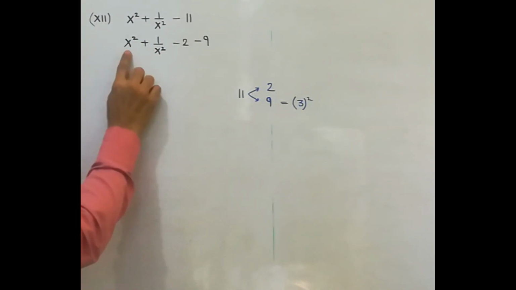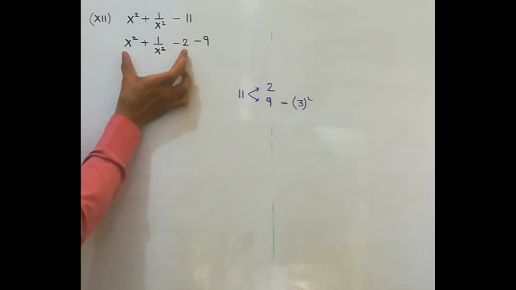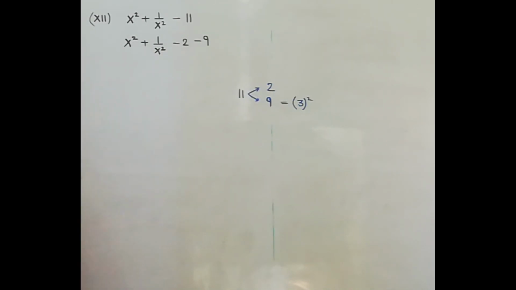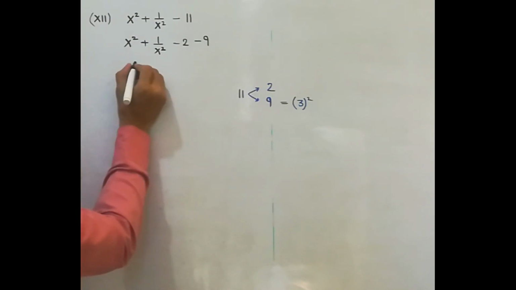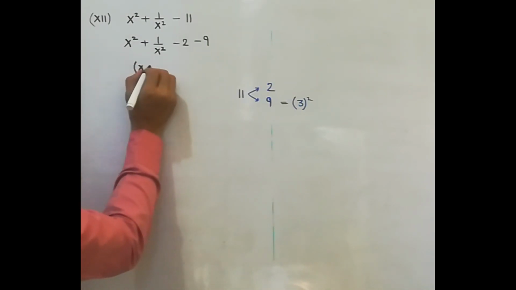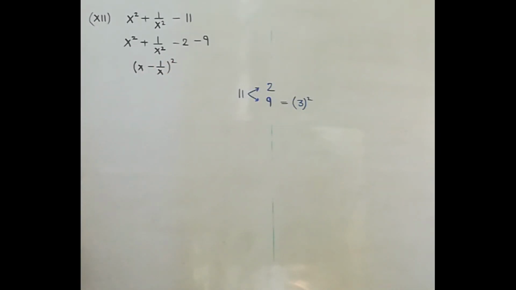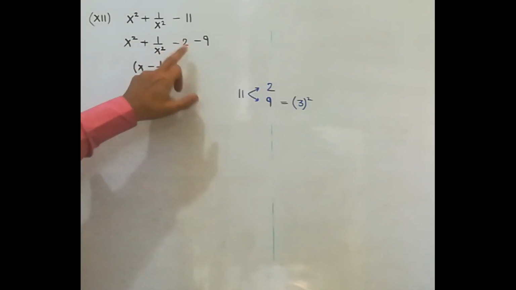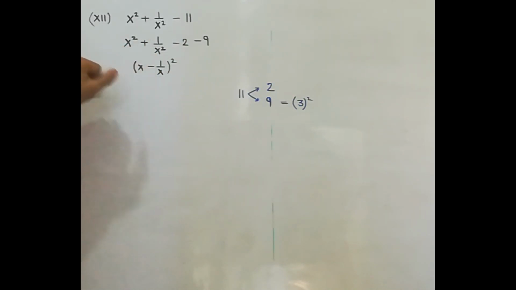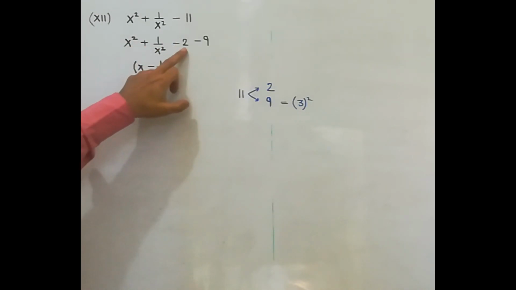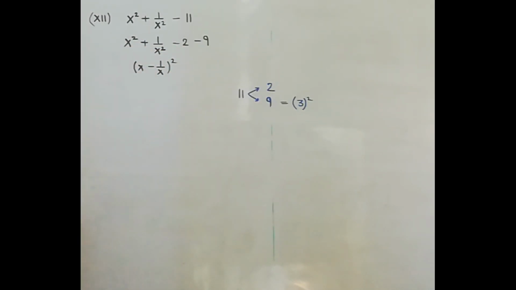Now you see, these three when taken in one group give you a perfect square, and it can be written as x minus 1 upon x whole square. See, if you read it like this, this is your a square plus b square, and this is minus 2ab, because this into this will cancel out, so it will be left with 2. So a square plus b square minus 2ab can be written as a minus b whole square, and this 9 can be written as,